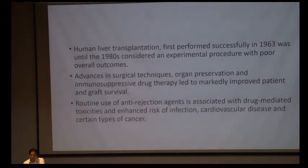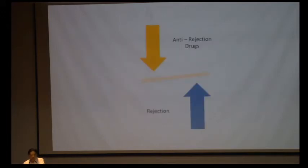Human liver transplantation, first performed successfully in 1963, was until the 1980s considered to be an experimental procedure with very poor outcomes. Then advances in surgical technique, organ preservation, and immunosuppressive drug therapy led to markedly improved outcomes, both patient and graft survival. But over time we have seen that although the patient initially survives, the long-term results are hampered by the side effects of immunosuppressive therapy, especially the risk of infection, cardiovascular diseases, recurrent diseases, and certain types of cancer as well. So at this stage, transplantation is a balance between anti-rejection drugs and rejection. This is the main area of concern which needs to evolve, and this is now considered to be the holy